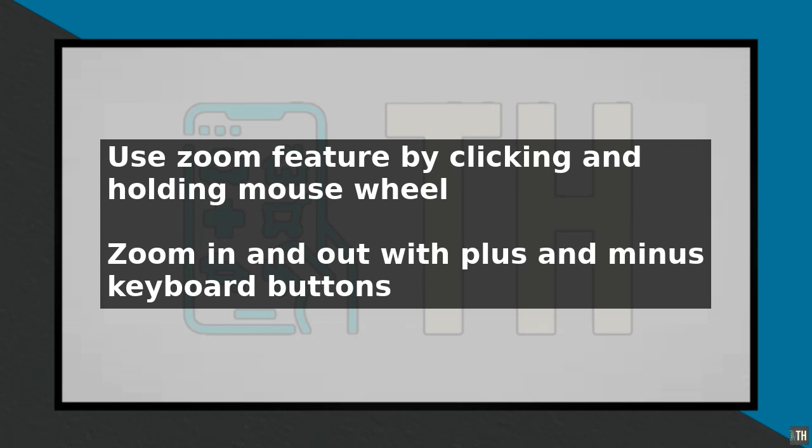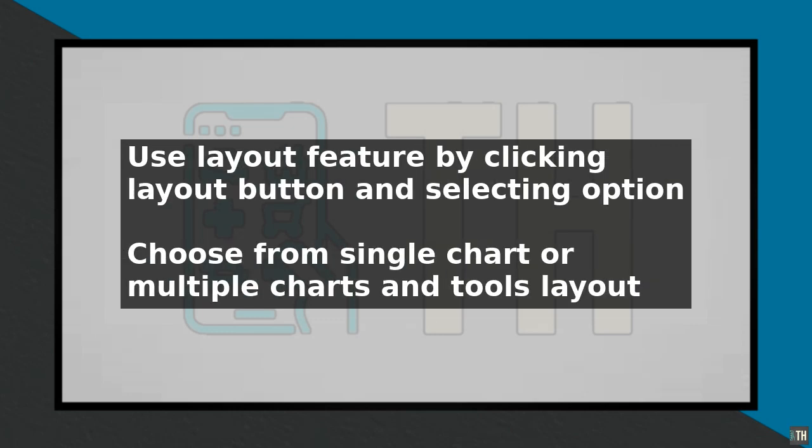In addition to resizing the chart, you can also customize the appearance of the chart to make it easier to read and analyze. To do this, click on the Settings button in the top right corner of the chart window and select the settings you want to use. You can choose from a variety of settings, including the chart type, the time frame, and the indicators you want